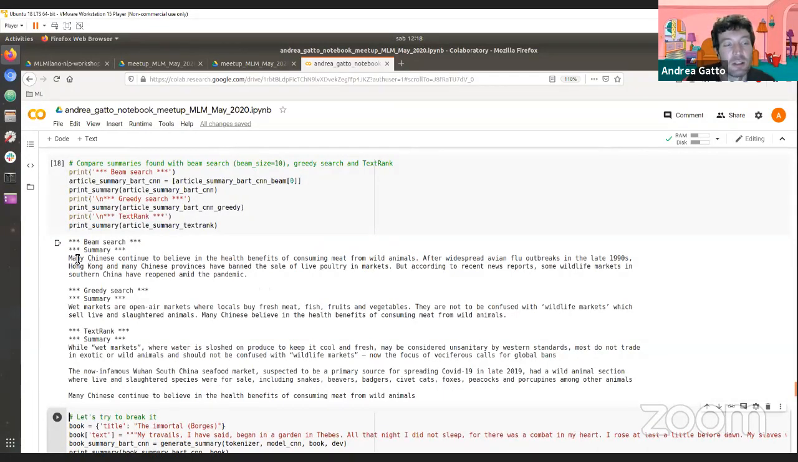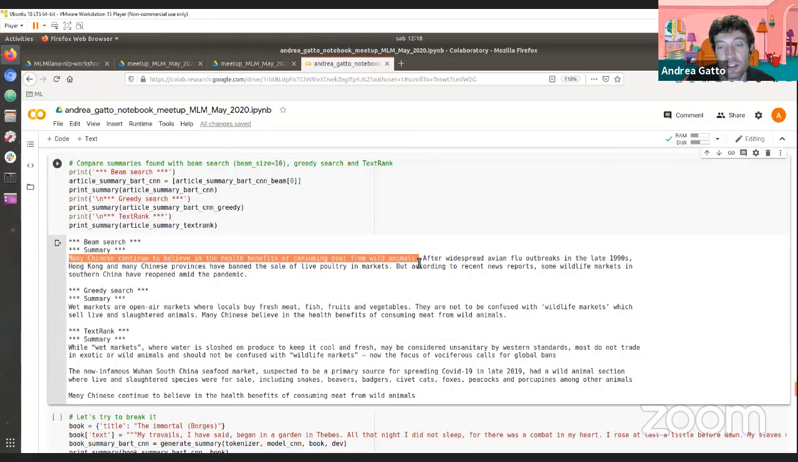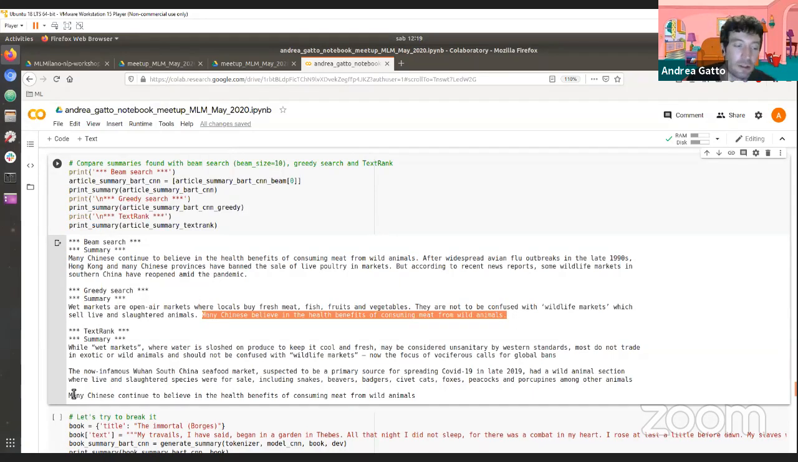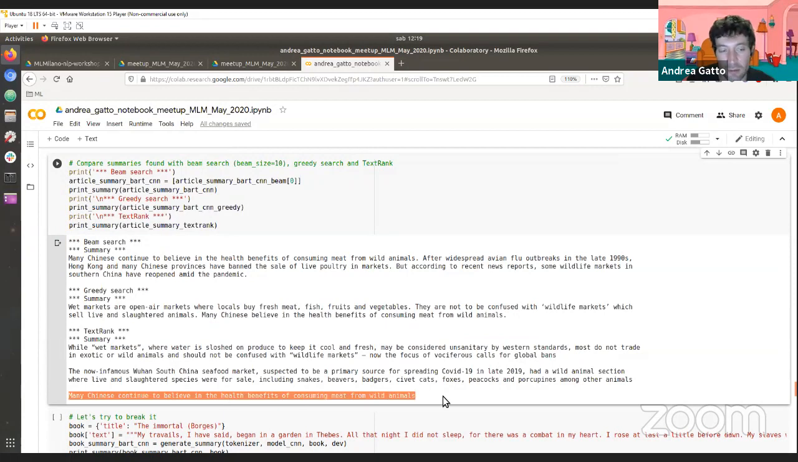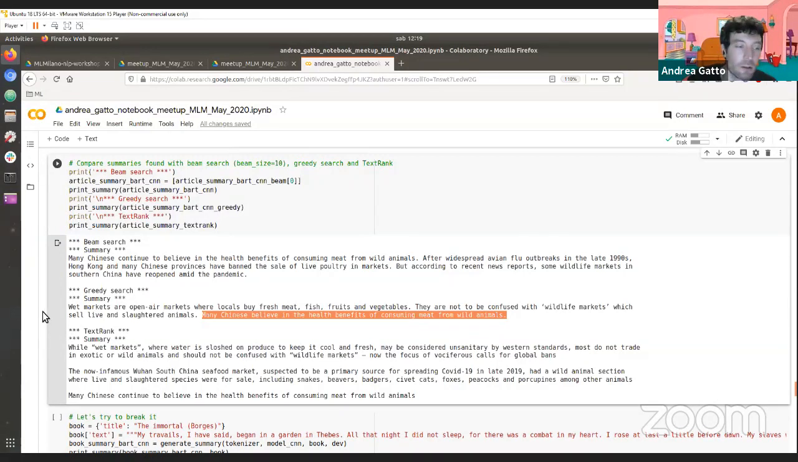Interestingly, you see that the first sentence of the beam search is more or less the same as the third sentence of greedy search, which also is the third sentence of our text rank. So all these 3 models agree with each other that this sentence is one of the most important sentences from the original text. So now that we have seen how this BART CNN behaves, what we can do is